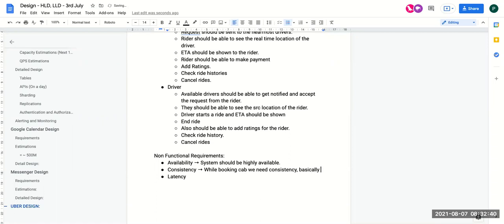Basically, only one driver should be assigned to one rider. After booking, it's okay even if we don't get a real-time location.